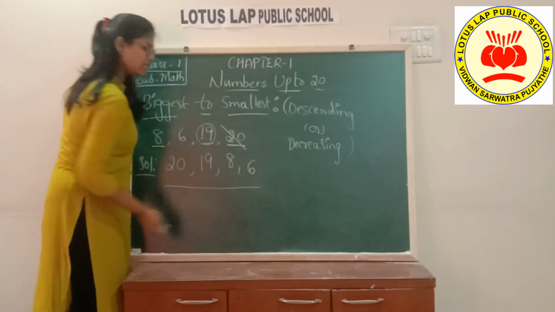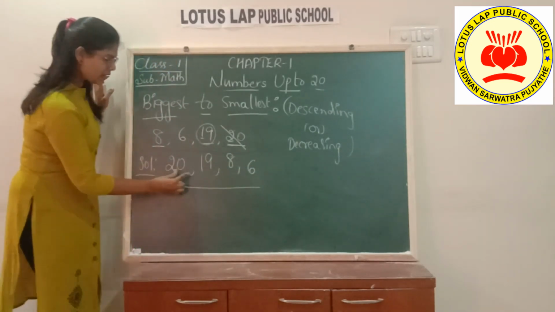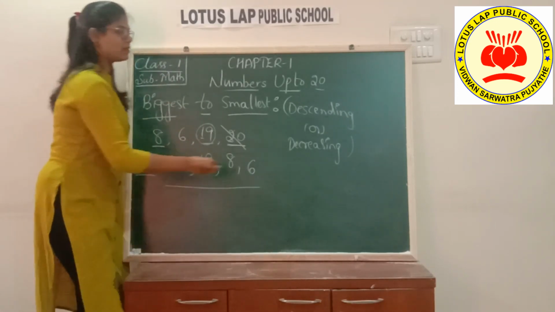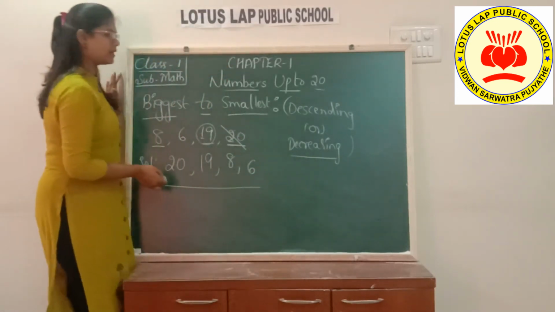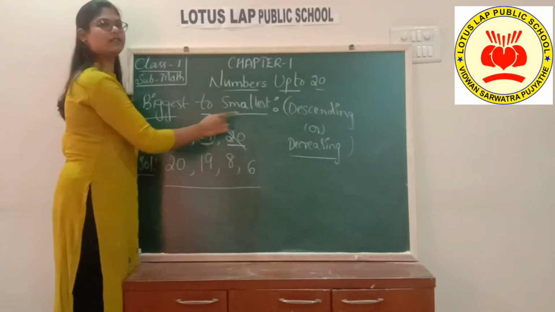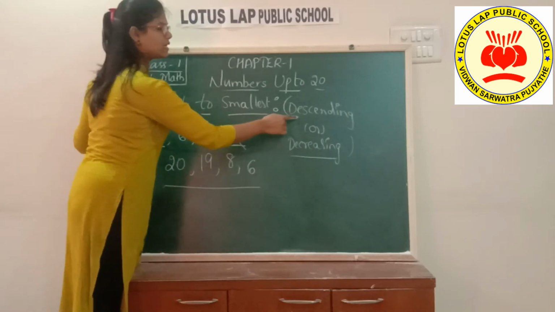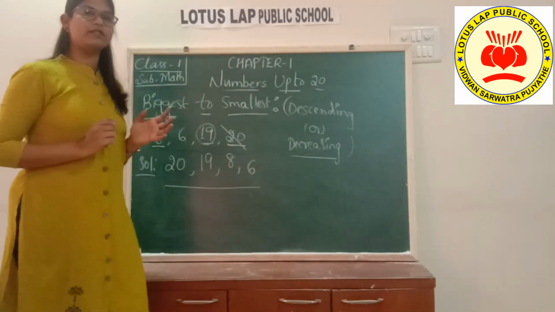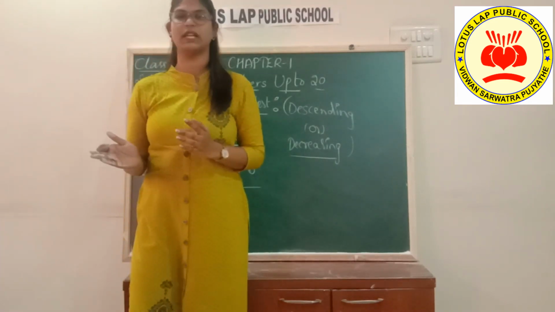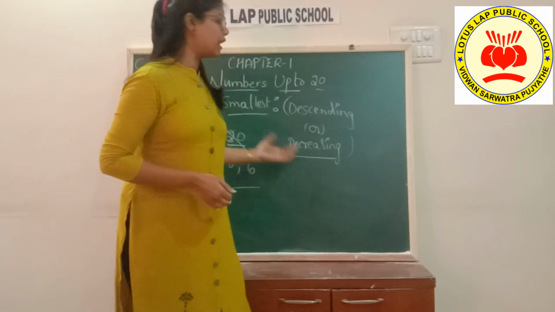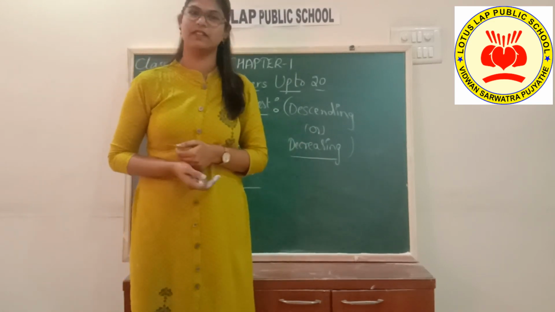So, what is this order called? The number is decreasing. So, it is decreasing order or descending order. Writing from biggest to smallest number is called descending order or decreasing order. So, you have so many examples in your textbook, children. Please go through that one. In the next session, we are going to continue with the same with recapitulation. Okay, thank you.